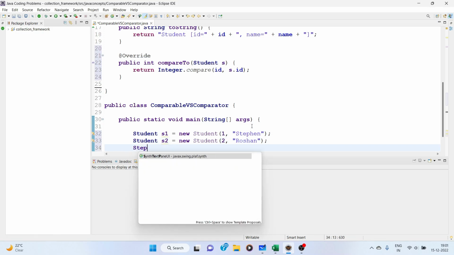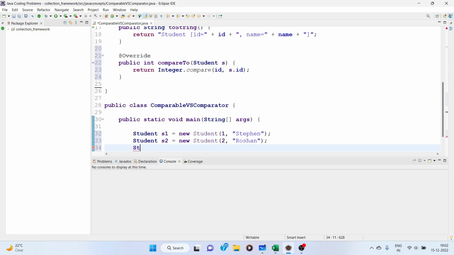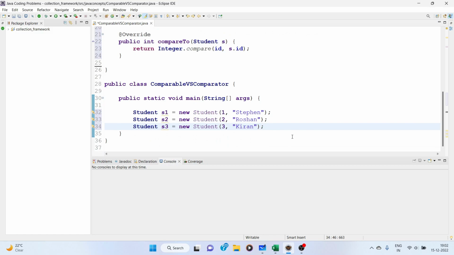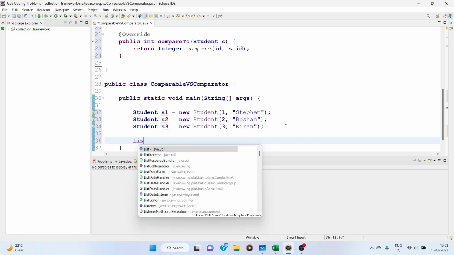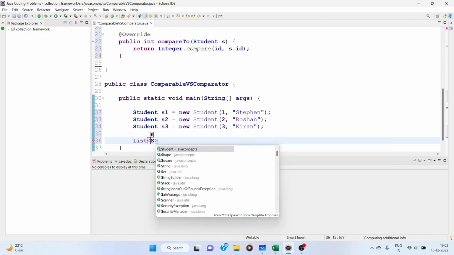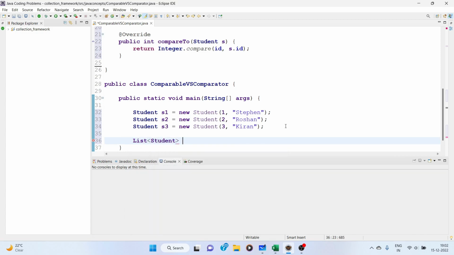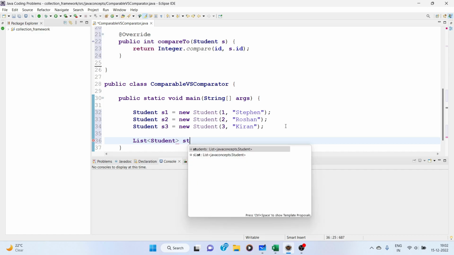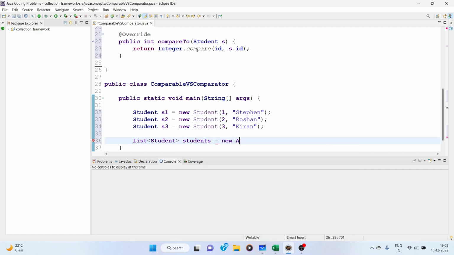Sorry, that's wrong. S3 equal to new Student, and we write another name as Kiran. So these are the three student objects. Now we create a list, a list of type Student, and we say students equal to new ArrayList,